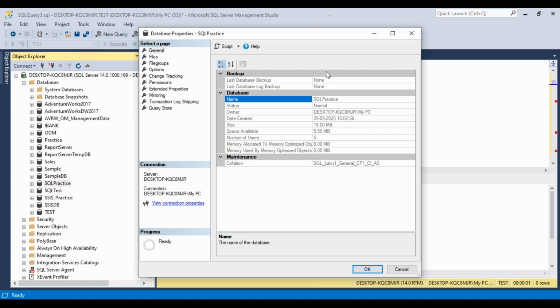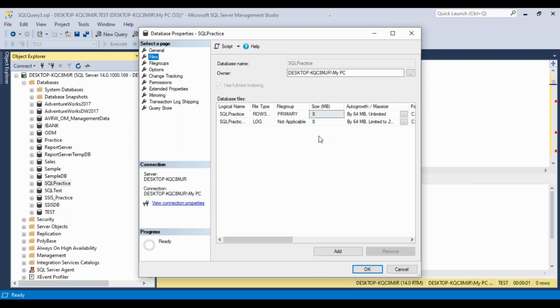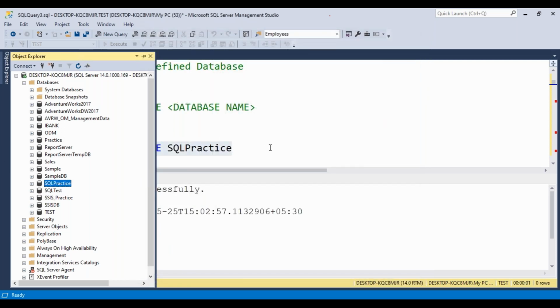All this information will be placed under the database properties. Now you can observe what the file groups are, what the files are. Like you can observe files, primary and log data file, and all the information will be available in the properties part.